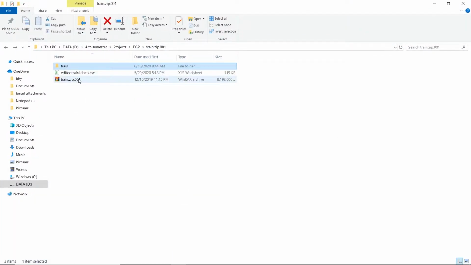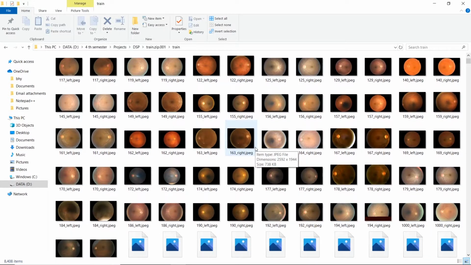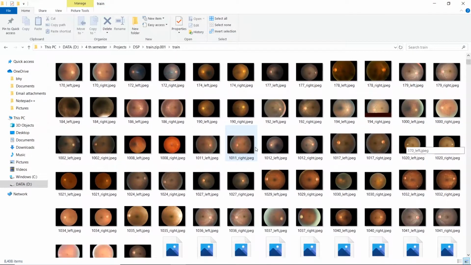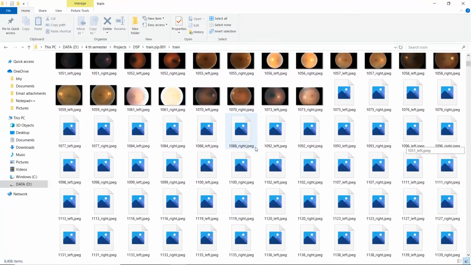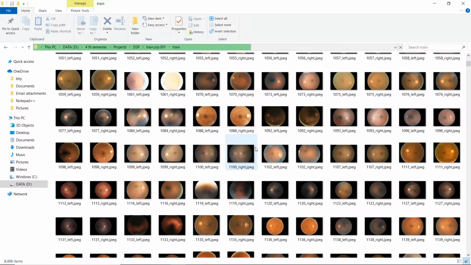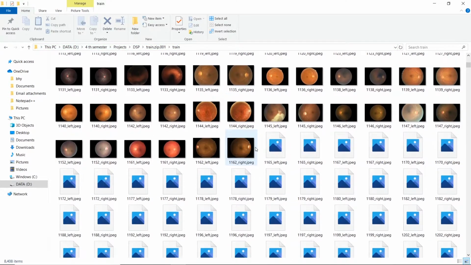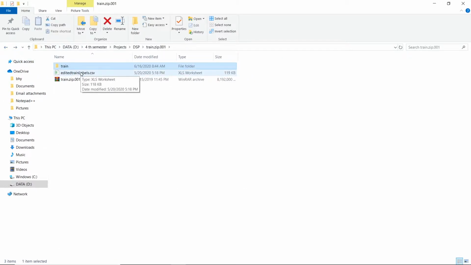Now I have downloaded the zip file which was available, and after extracting it I got a lot of images. These images belong to various classes, the 5 classes. Manually looking at the CSV file and dividing these takes up a lot of time. So I have a solution for you, and this is the CSV file I got with it.